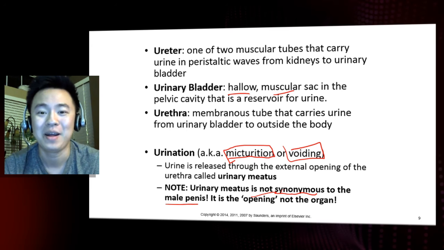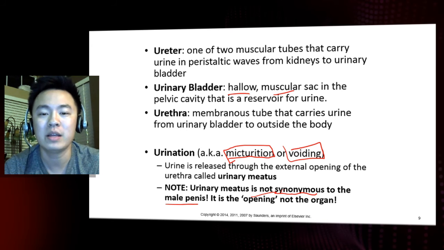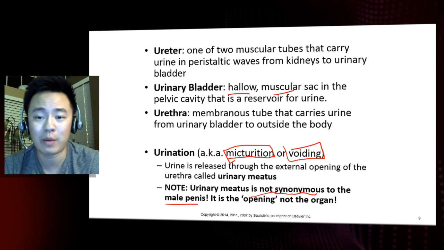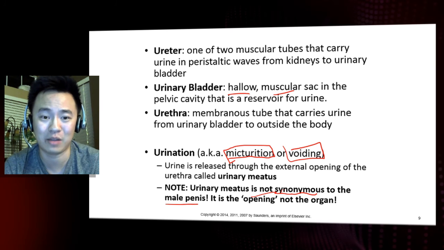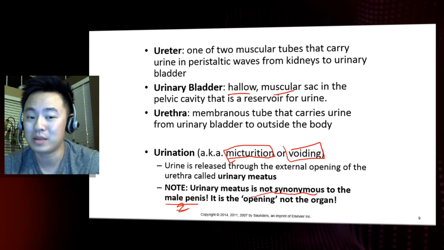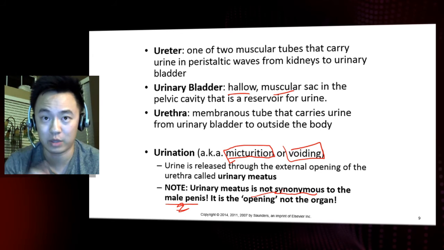It is not that. It is the opening at the end that helps release urine out to the external environment, but it is not the actual organ itself. So don't confuse that, even though people are highly susceptible to thinking that. Okay, so I've clarified it now.